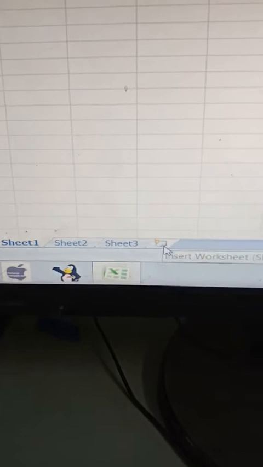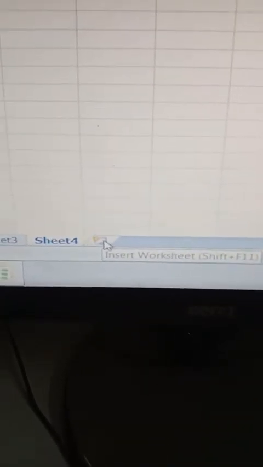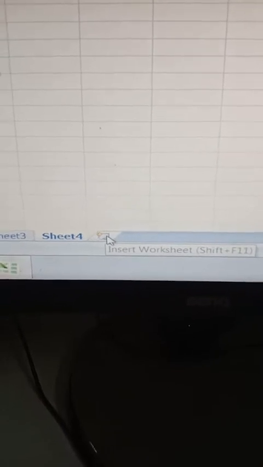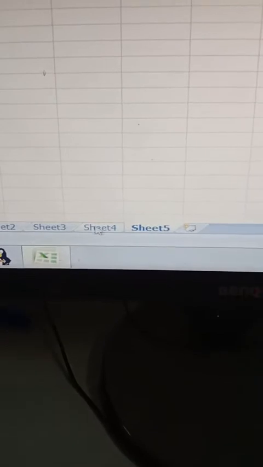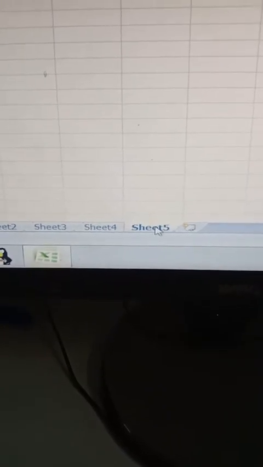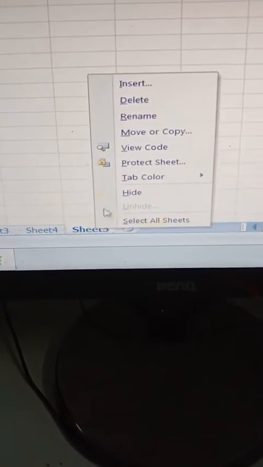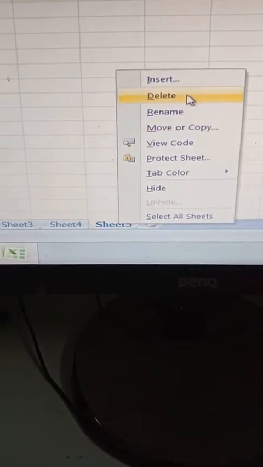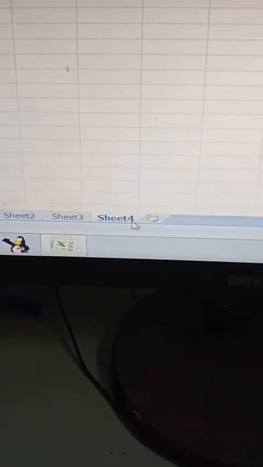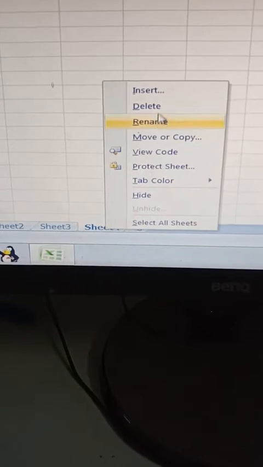Sheet tab. These are the sheet tabs. By default we have 3 sheet tabs. We can add more sheet tabs according to our requirement, like as soon as we click on the insert worksheet button, or the shortcut key is Shift plus F11. As soon as we left click over here, the new sheet got inserted. Look over here. Now if you want to remove the sheet, just right click over here and choose the delete option. Left click on delete. So if you want to delete this sheet, right click over here, left click on delete. So this is the sheet tab.